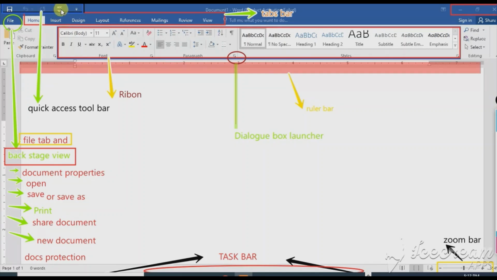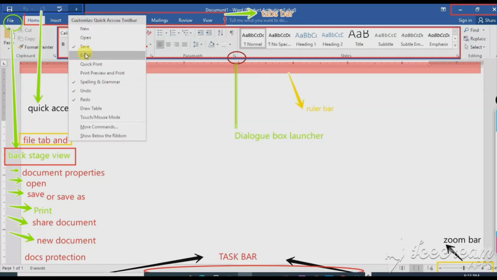Okay, so this is what we call a checker. Checker is like when you write a word badly, you can spell by clicking here. This means to spell your word. Spelling and grammar check is complete. What you find in this quick access toolbar, you find many things: new, open, save, quick print, email, and other things.